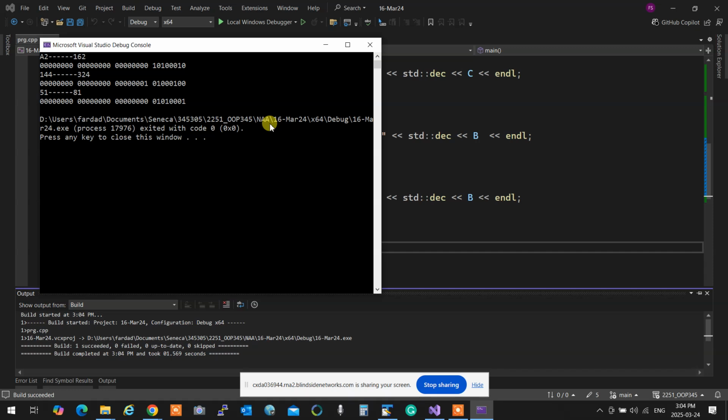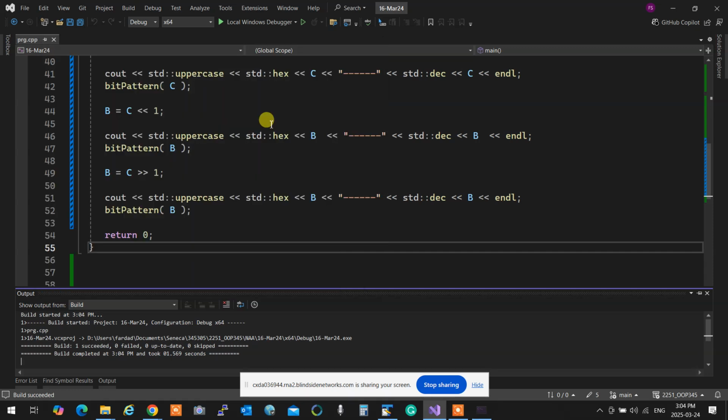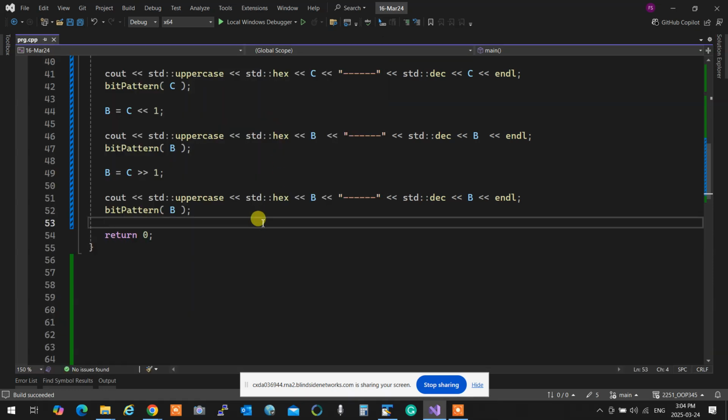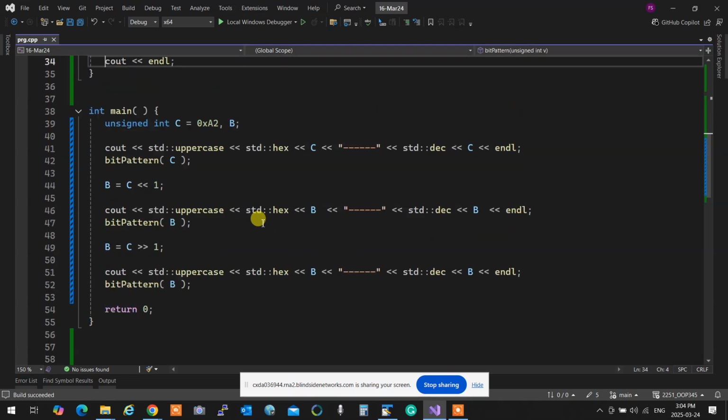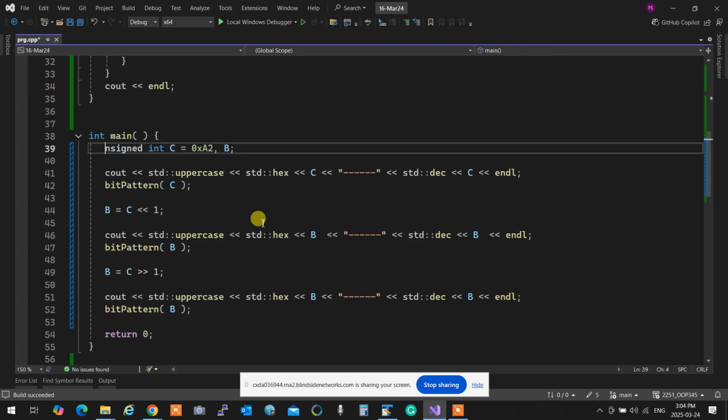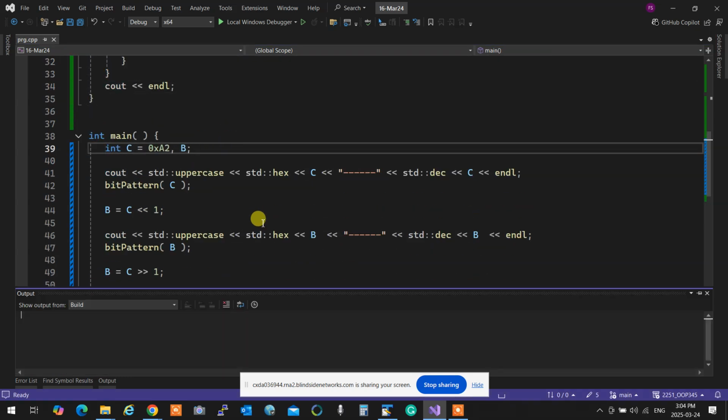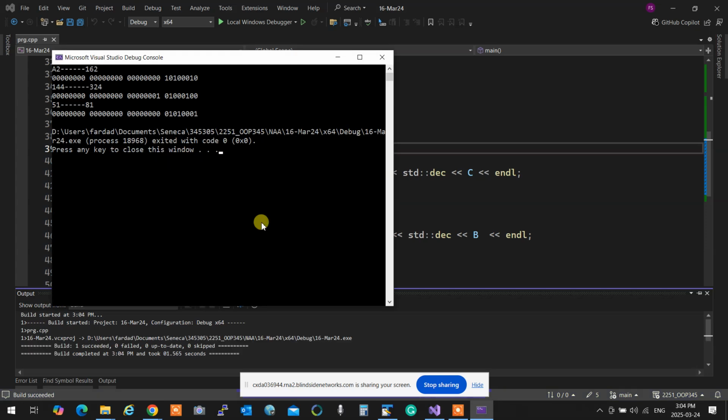Okay, now I'm going to show you something interesting. Now that we have something that I can actually show you the values and all the good stuff, I'm going to show you this. Let's make it an integer and see if it works. We're good, right? Same thing. Are we okay?